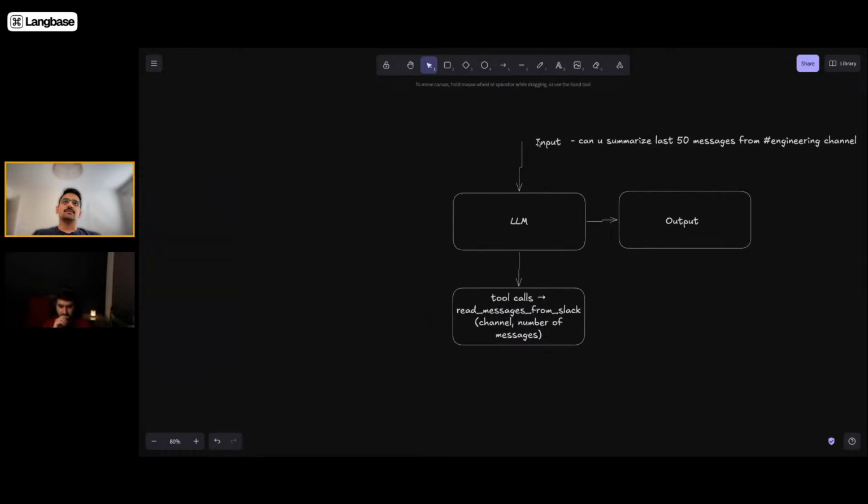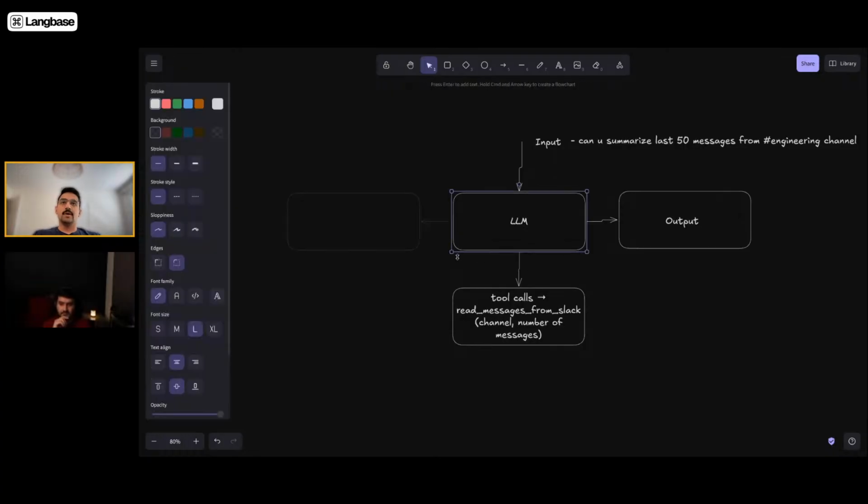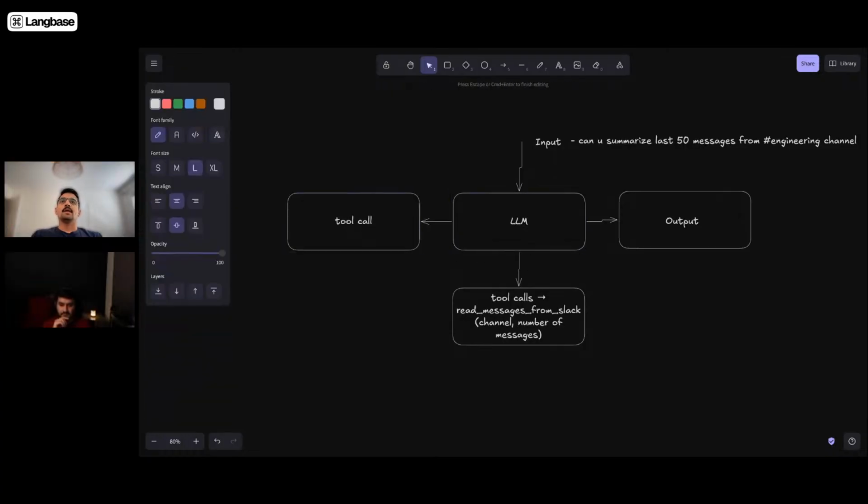And what happens is when you give this input, the LLM gives you back a tool call. The tool call is usually like the LLM has decided it needs to make a call to read messages from Slack, and it will also tell you the arguments. For instance, in this case, it will tell you engineering,